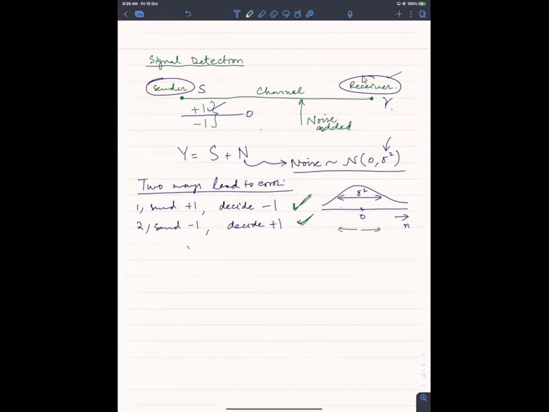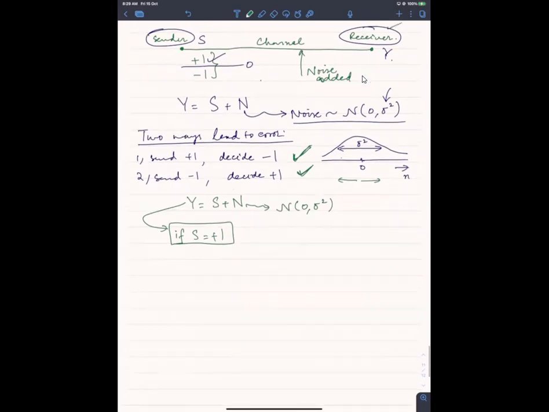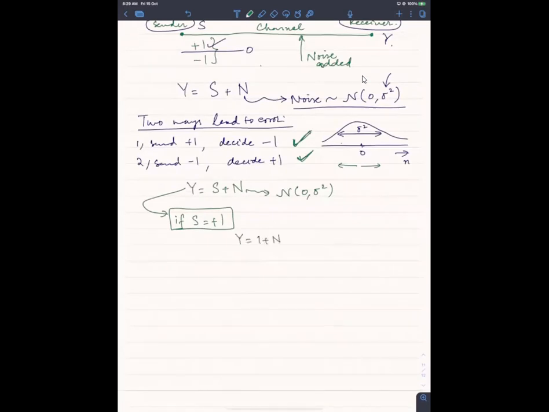So don't forget that y is s plus n. N is normally distributed with mean 0 and variance sigma square. What is the PDF of y? What is the distribution of y? What is the density function of y? What kind of a random variable y is? Okay. Well, it's very hard to answer that generically without knowing s. Okay. However, if I tell you if s is equal to +1, so this is a condition which is given to you. This should limit your sample space. Okay. If s is +1 given to you, then y is simply 1 plus n. And what is the distribution